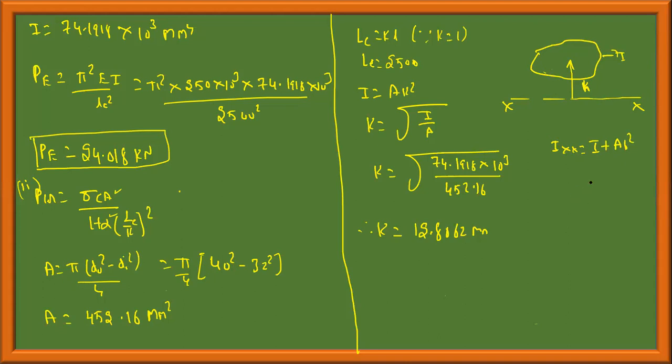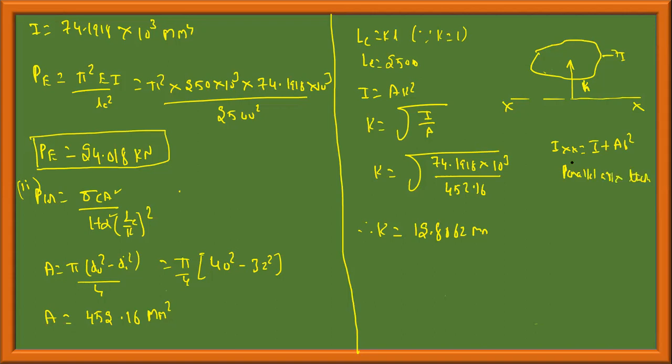But this concept is different. Let me give the concept which we require. What I told you is, radius of gyration is the distance which gives the same moment of inertia of the body. If I separate the body from that distance, it gives the same moment of inertia as the actual body. That distance is called the radius of gyration. We have discussed that. This is called the parallel axis theorem, which we'll be using in future.